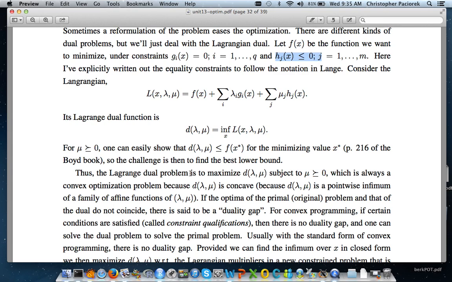And then there's a whole body of work that basically shows that, suppose I've got x, and I just want to do this in 2 dimensions. So this is the lambda mu part of the space, but suppose this were just 1-dimensional. Then by minimizing with respect to x, I'm saying for any pair or combination of lambda and mu, I'm finding the minimum here with respect to x. So maybe that's this point here, and then this point here, and this point here. So that's going to trace out some lower dimensional space after we've done that minimization. And then there's a body of work that says that the resulting function, which is this d of lambda and mu,